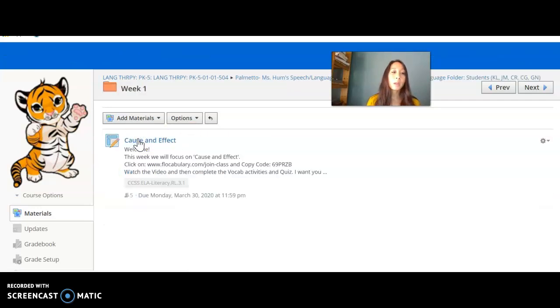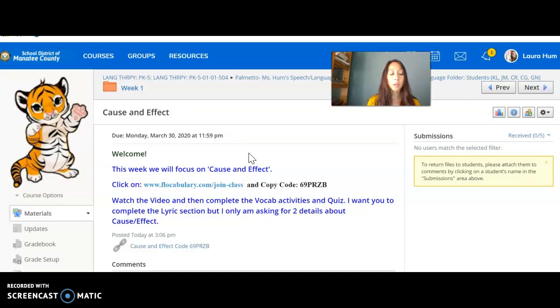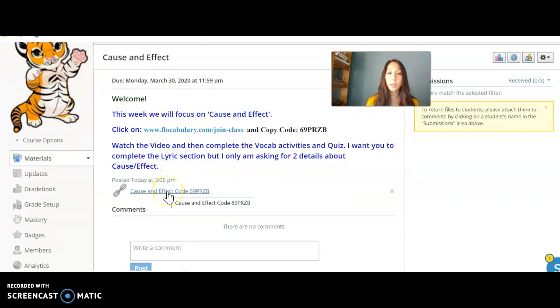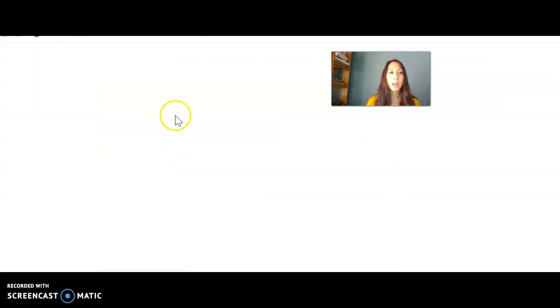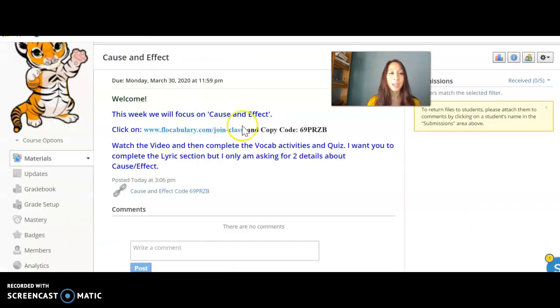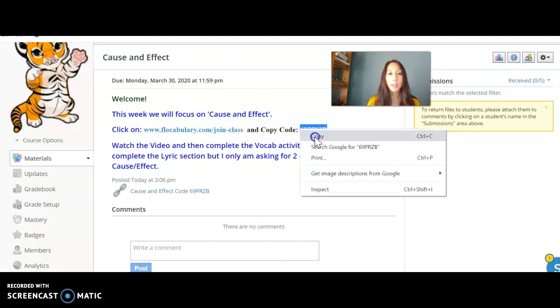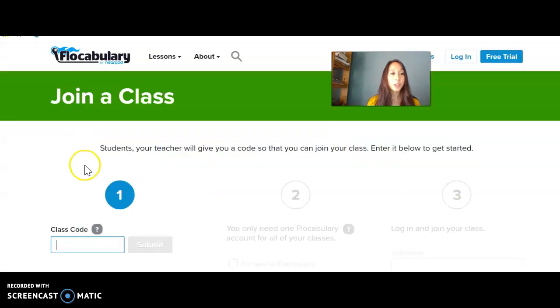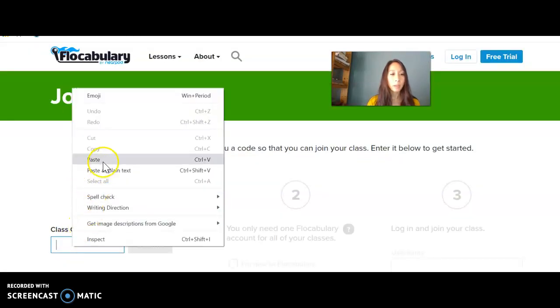So week 1 will be your activity, and we have cause and effect. You're going to click on this link here, and this is going to take you to an outside website. Then you're going to want to have a class code. As you see here, this is the class code. You're going to want to right click this and copy it and then paste it into vocabulary.